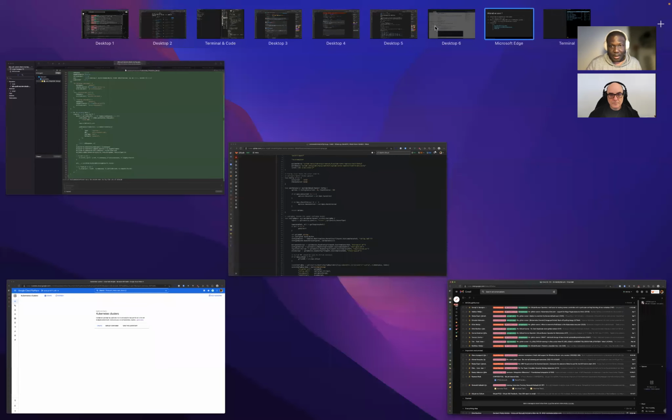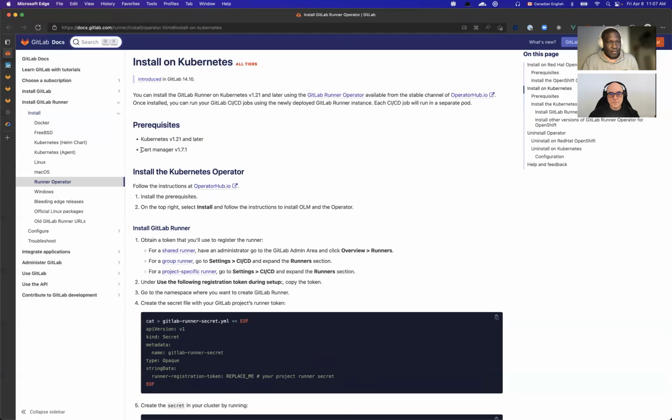If we go back, the first link we will be using is on doc.gitlab.com, runner install operator, install on Kubernetes. During the demo, I'm using a GKE cluster set up on GCP. I made sure to have everything already set up, so we won't have to wait for the creation and all those things